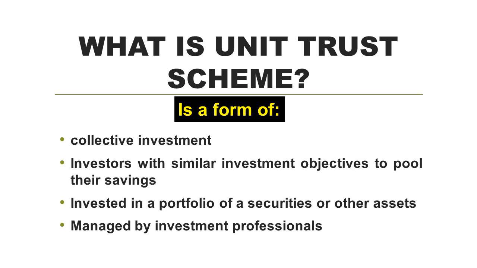Instead of you as a normal working person, doing your own business or working for others, you don't have time to study the stock market. So the easiest way is to give the money to somebody who is professional in it, and let them do all the investing for you. Let them do all the planning, strategizing, buying, selling, when to buy, when to sell, what price to buy, what price to sell, let them handle it, because they are always focused on that. So you take away your worries, and you don't need the skills or the knowledge, you pay somebody to do it. So this is what unit trust is all about.